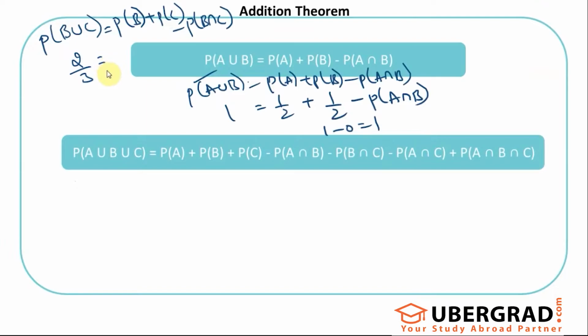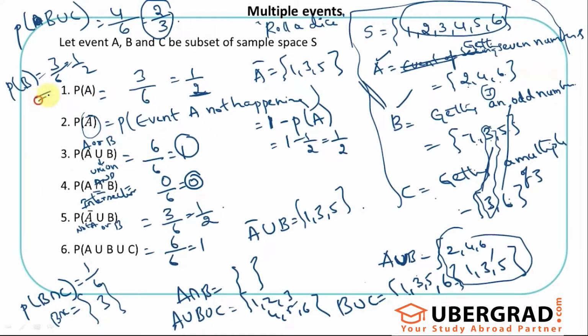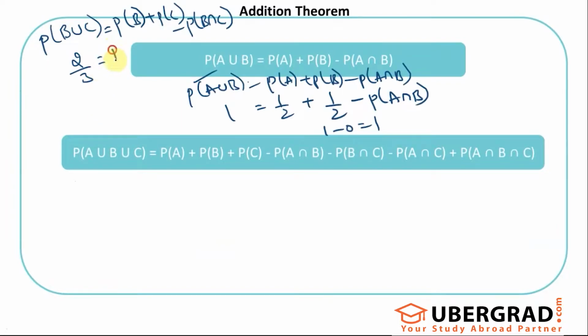What is P of B? Half, right? P of B is half. What is P of C? There are 2 favorable outcomes, 3 and 6. So it will be 2 by 6. That's 1 by 3. So I have to do 1 by 2 plus 1 by 3 minus P of B